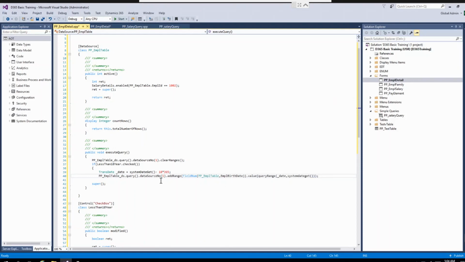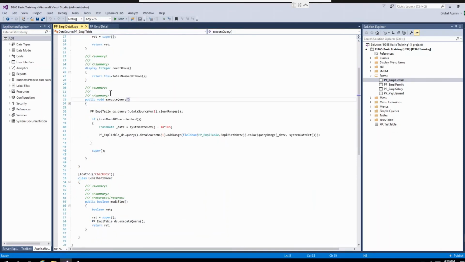So I think it is done. I will close the if bracket. Okay, now I will save this. So our build is successful.